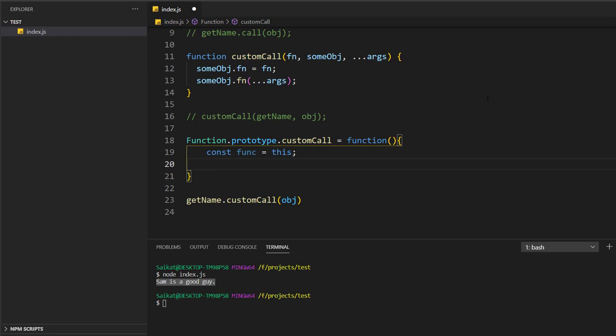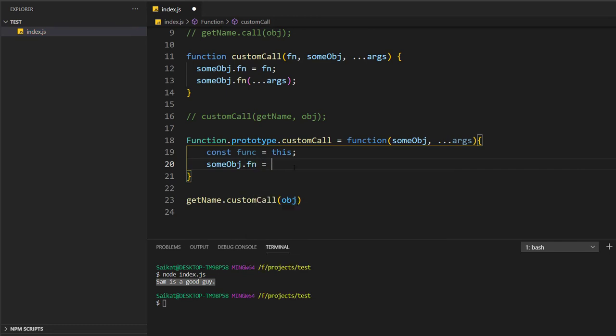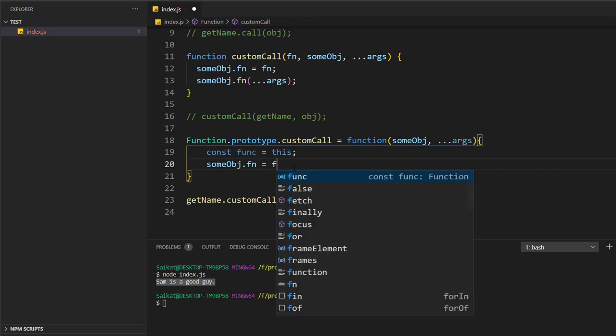Fine. So I'll be passing two parameters here, obj and args. Now, this is some obj. Again I'll create a property on this object, and I'll be attaching my function there.